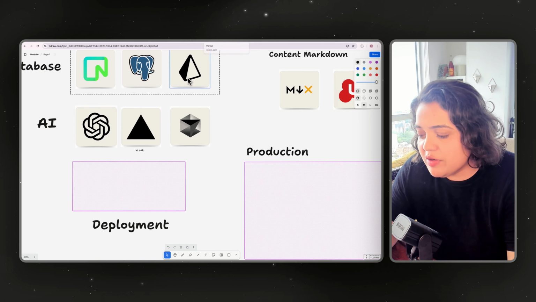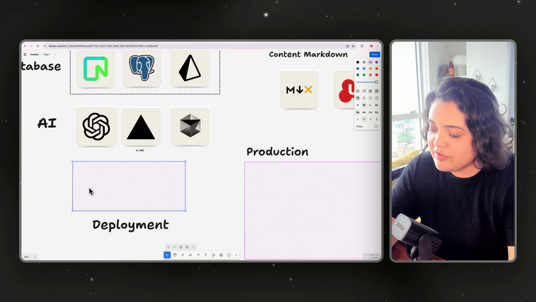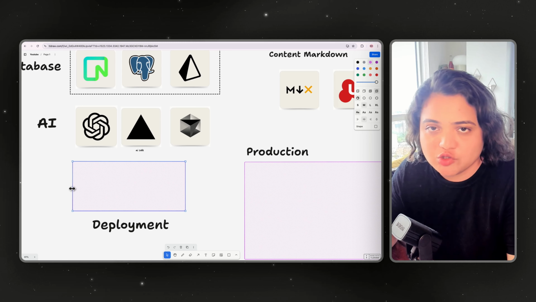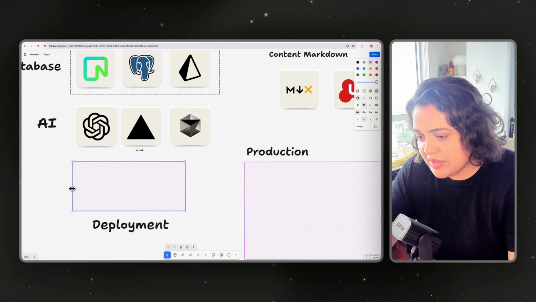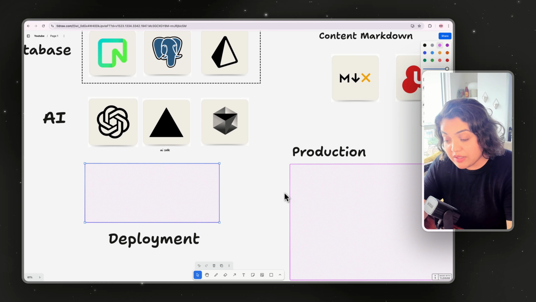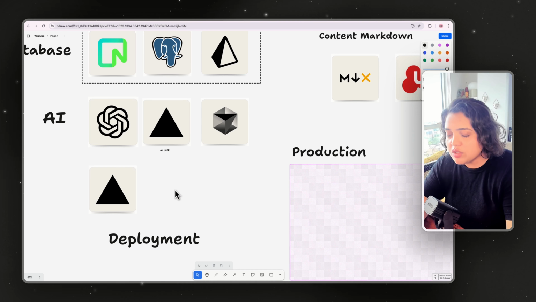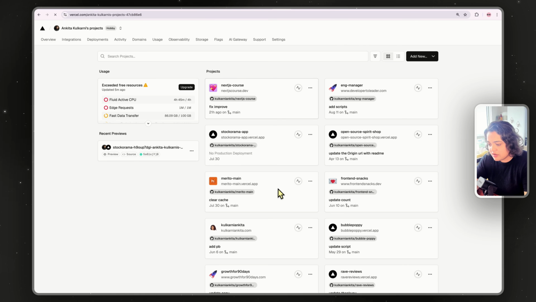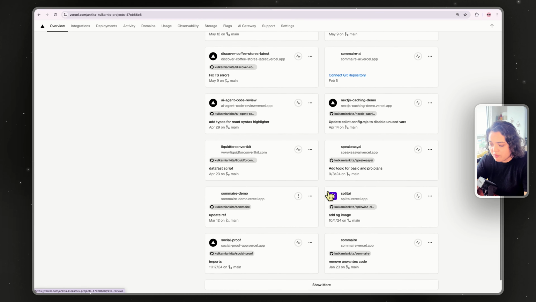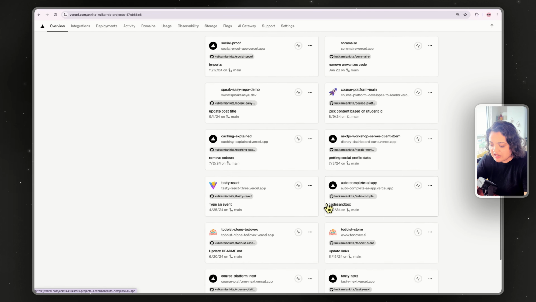Anytime you want to think of deploying anywhere, I feel like every single product of mine so far runs on Vercel. And it's not just deployment. I will get to the other pieces in a second, but Vercel truly powers my business. You can already see over here, if I go to the Vercel dashboard, the number of projects I have on Vercel and it keeps going.